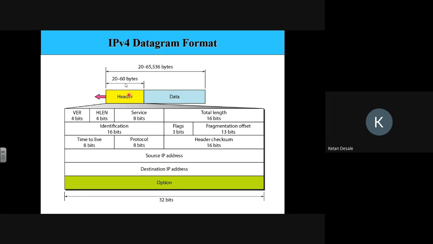Normally the IP version 4 datagram format will have a maximum size of 65,536 bytes, that is 2 to the power 16 is the maximum size of the packet. Out of it, the header is variable in size, that is the basic header is of 20 bytes, and it can